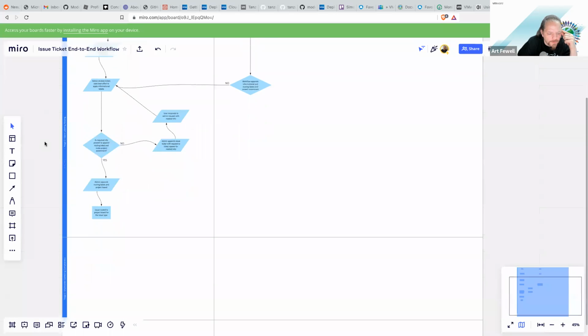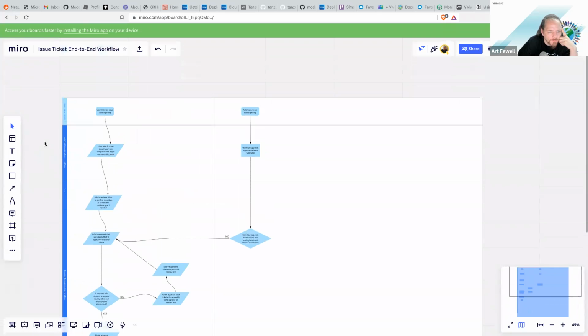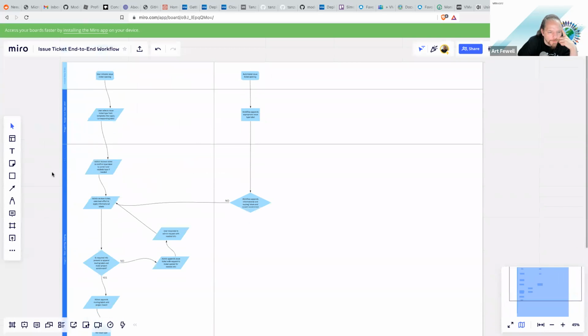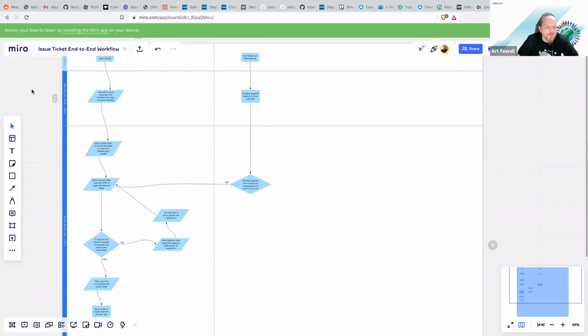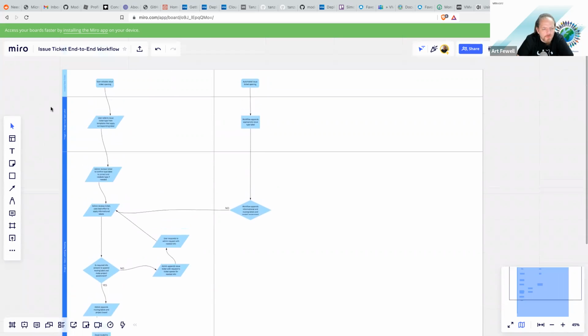Okay, so this is something I never finished. That's why. So let's see, what does this say? User selects issue ticket type from the template that applies to the corresponding label. So that's one of the points that I didn't really go over, is that when someone creates a new issue ticket to become a member of the community,